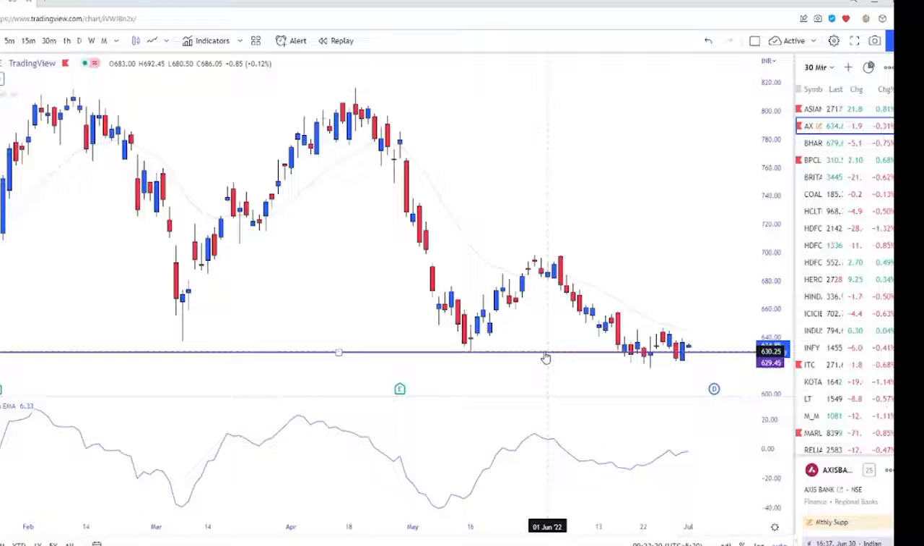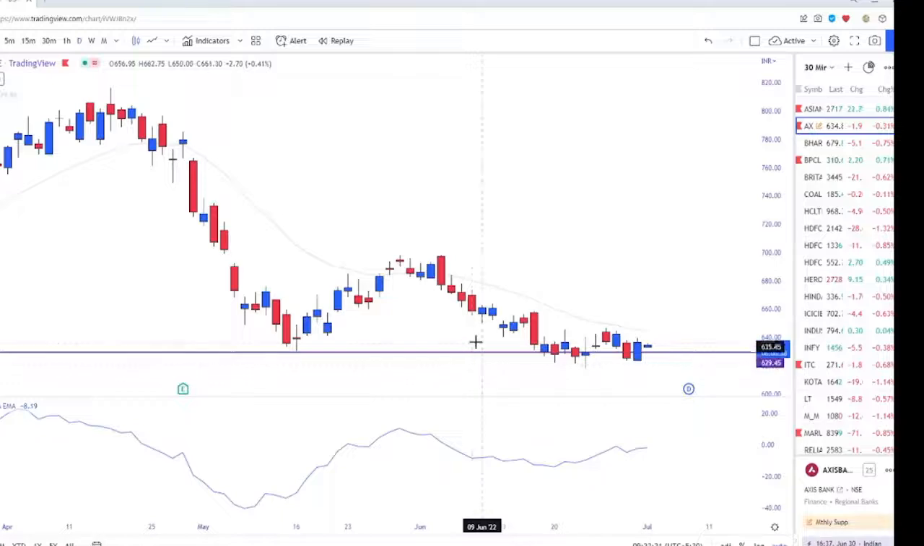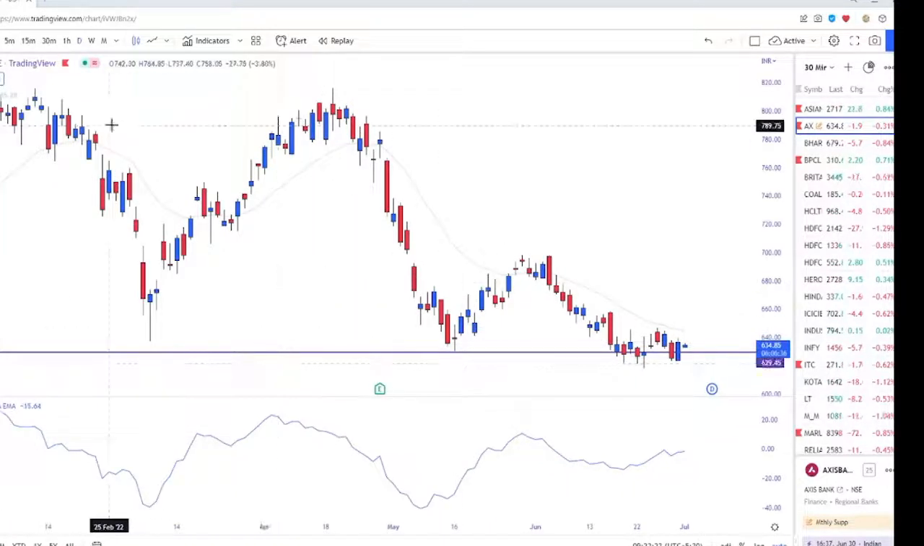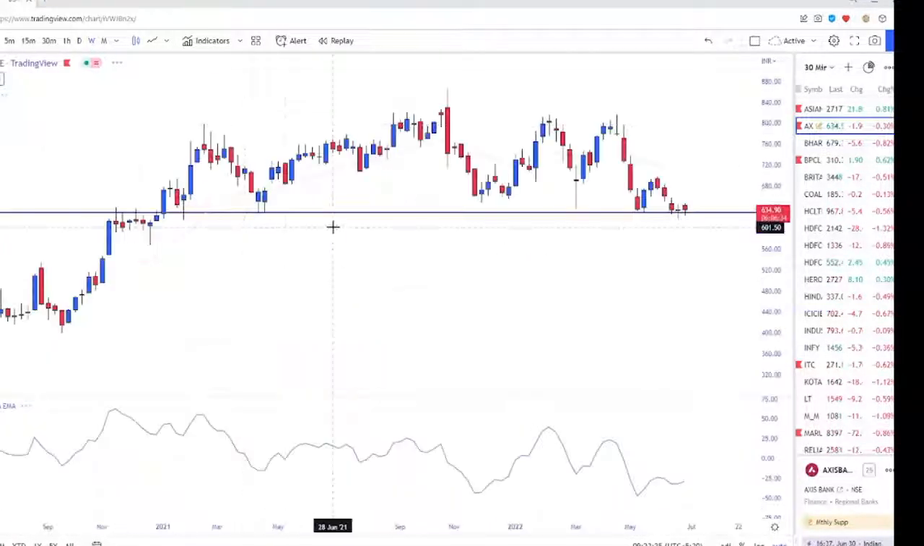So it will be a very good learning experience for you to understand how my thought process works. So let's go into more details now. Here you can see it's the Axis Bank daily chart. We will go to the higher time frame, which is weekly, because higher time frames hold